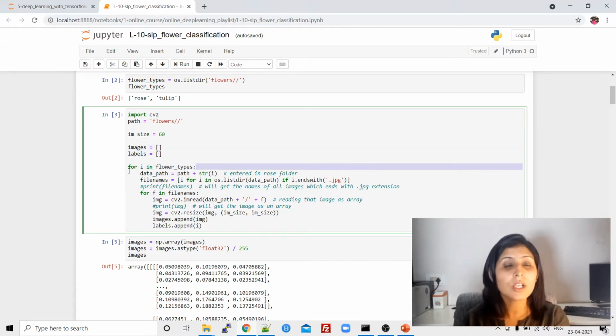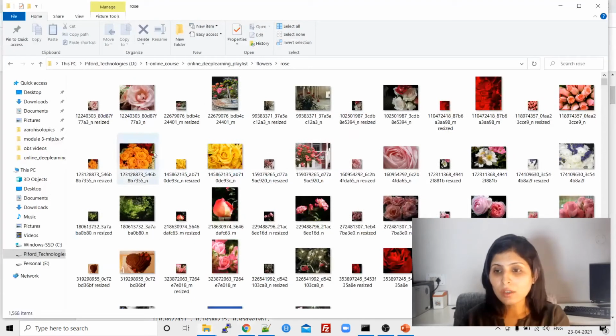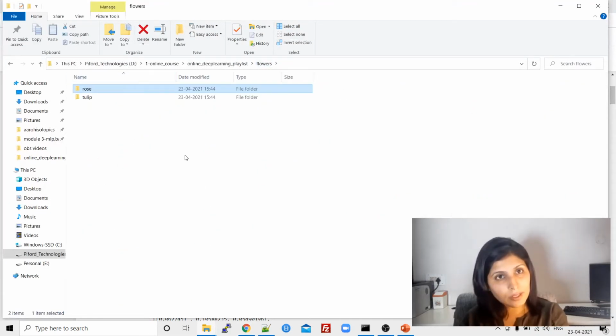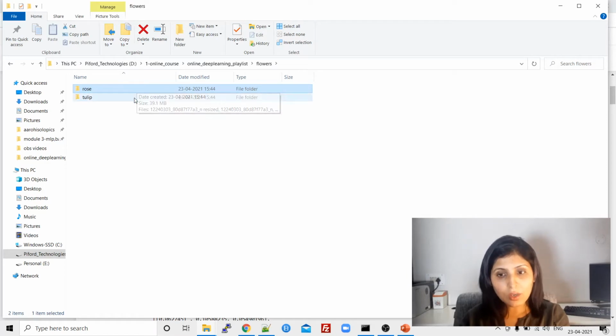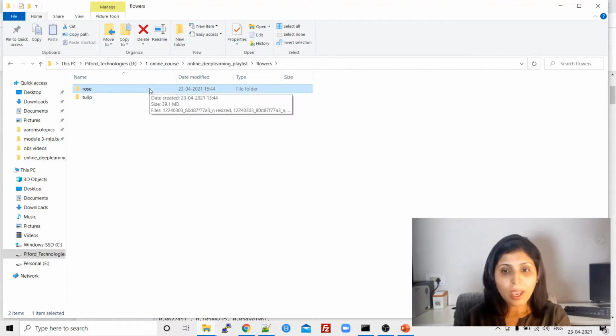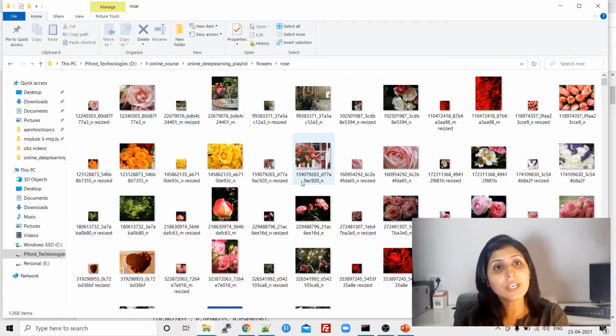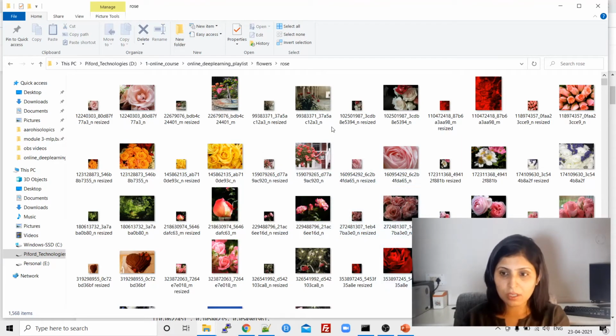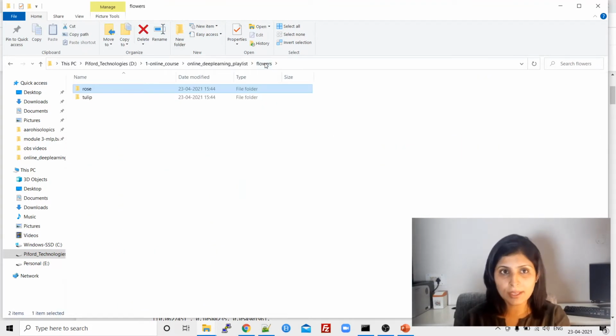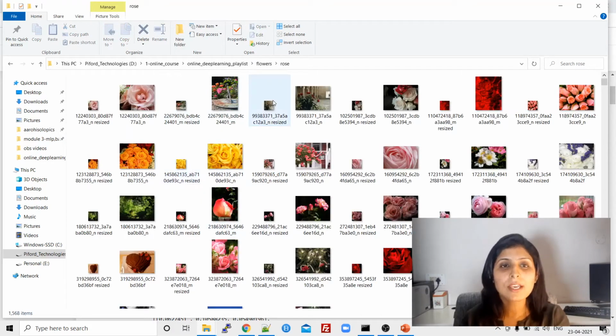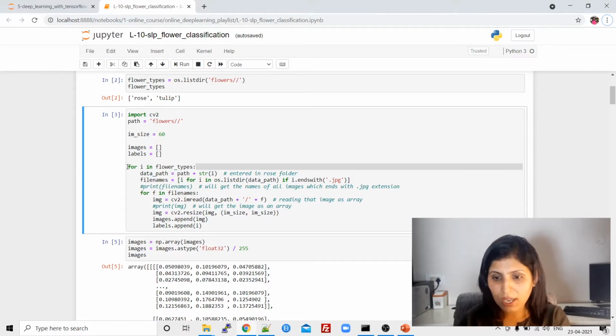So now we want to resize, and we have multiple images. That means we have to run a loop, right? What we need to do is, first of all, enter a folder, this folder. Again, over here we have multiple folders, we have two folders, that means we need one for loop over here. And when we enter a folder, then again we need another for loop which will resize all the images. So the first for loop is to enter the first folder, and after finishing the work we will enter the second folder. This is the task of the first for loop. And under that for loop we have another for loop. The task of that for loop is to resize all the images. Now see over here. So we have this for loop.